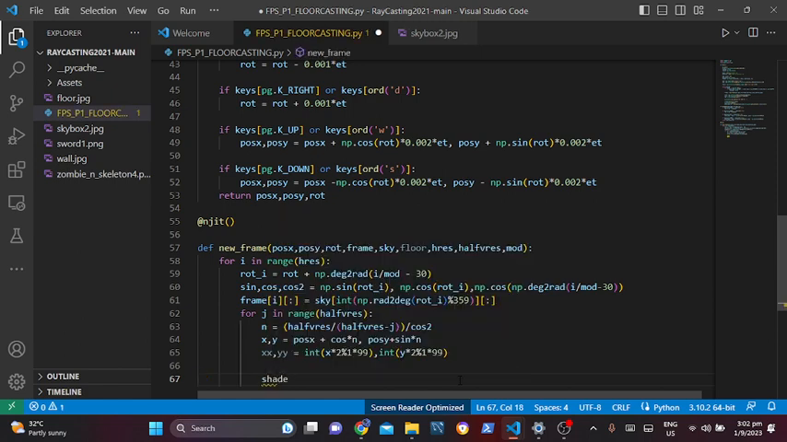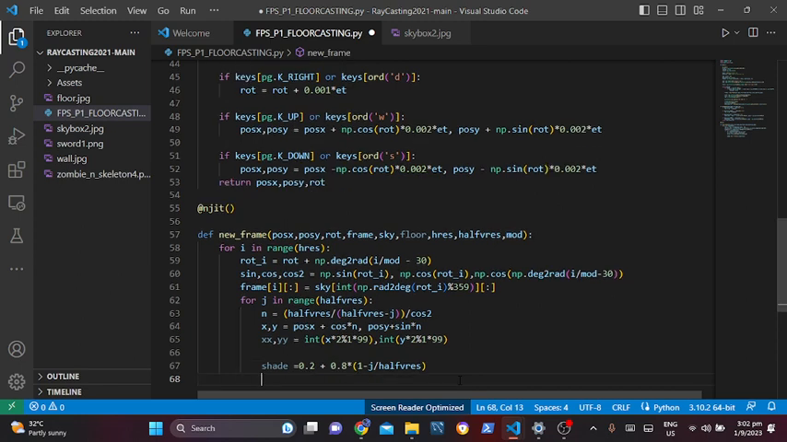What you have to do is shade it. Shade is going to be equal to 0.2 plus 0.8 times, and what we're going to do is 1 minus j by half of the resolution. Now after that, after we have the shade all complete, frame is equal to frame and I,